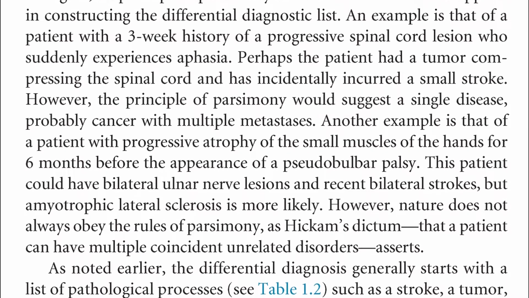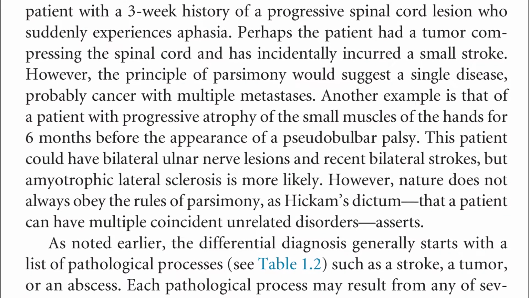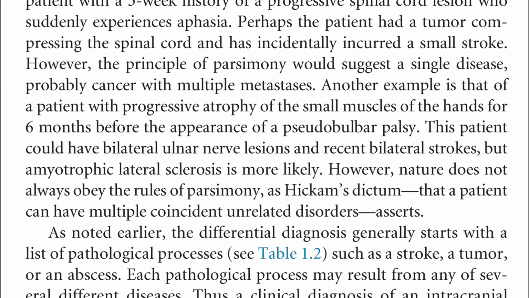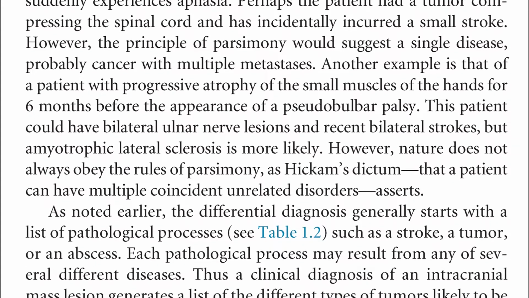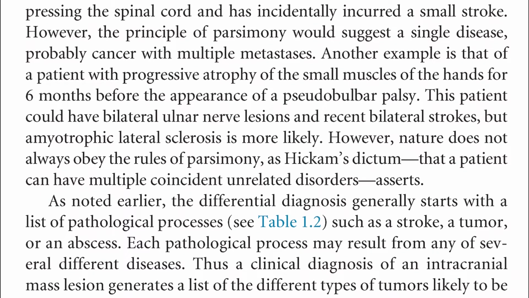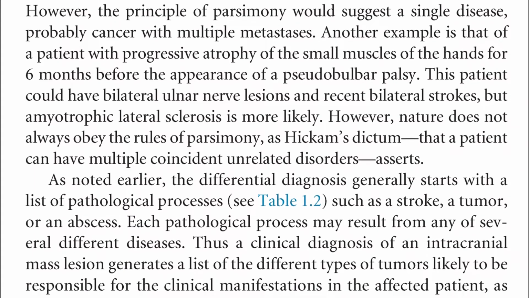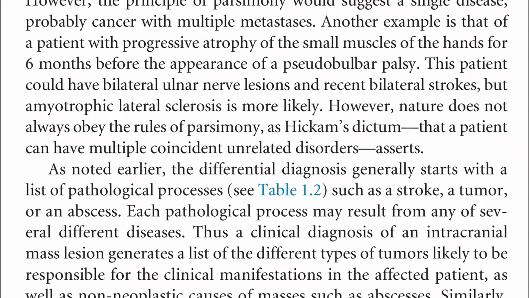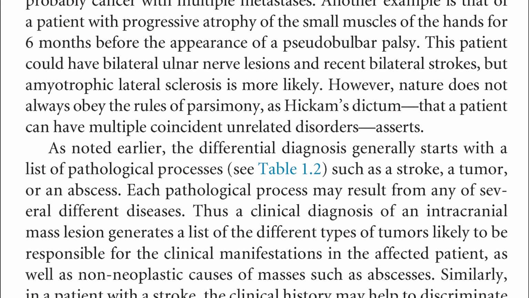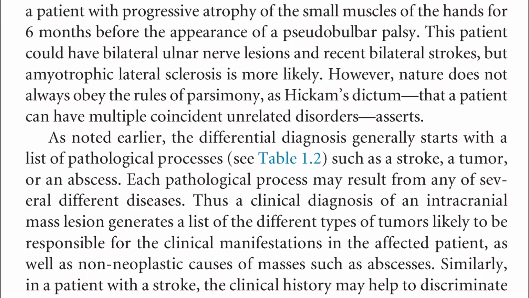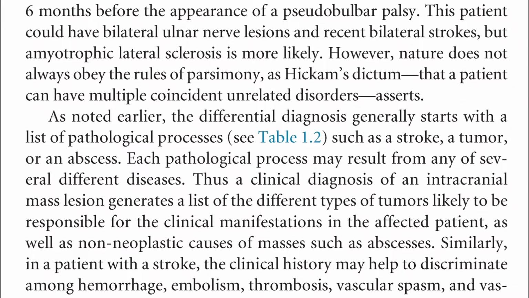Another example is that of a patient with progressive atrophy of the small muscles of the hands for 6 months before the appearance of a pseudobulbar palsy. This patient could have bilateral ulnar nerve lesions and recent bilateral strokes, but amyotrophic lateral sclerosis is more likely. However, nature does not always obey the rules of parsimony, as Hickam's dictum, that a patient can have multiple coincident unrelated disorders, asserts. As noted earlier, the differential diagnosis generally starts with a list of pathological processes, see Table 1.2,